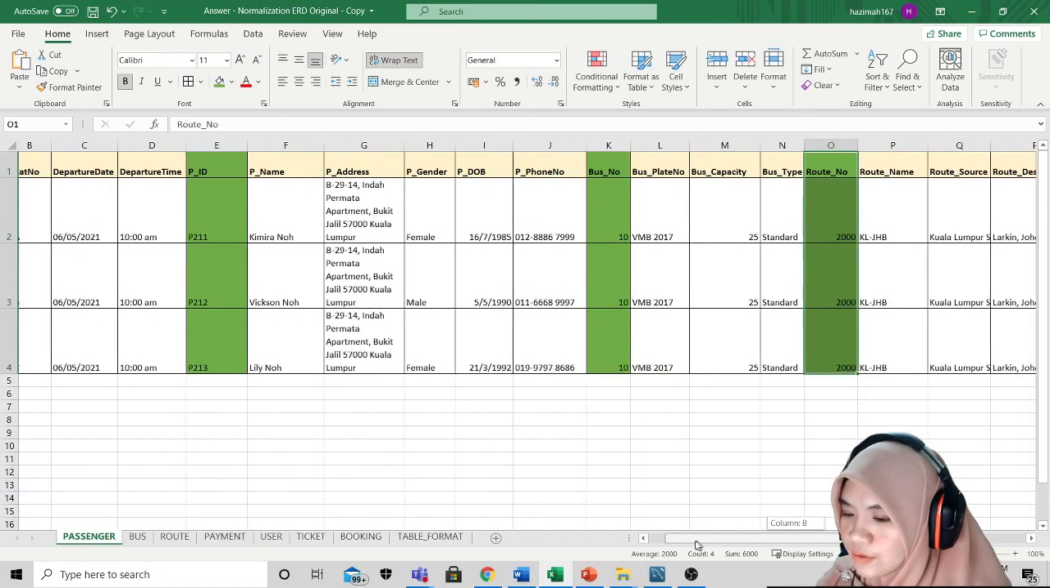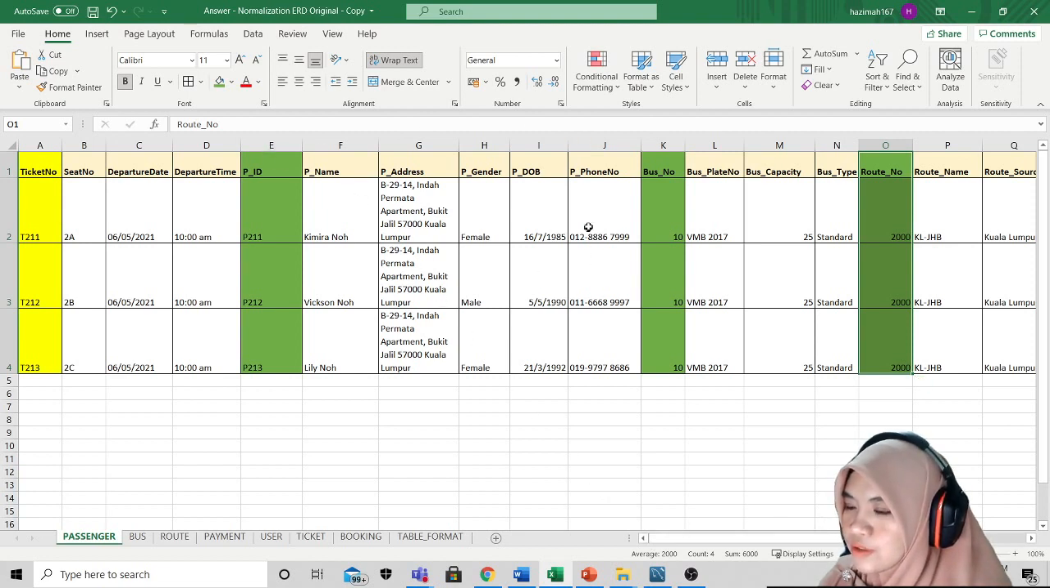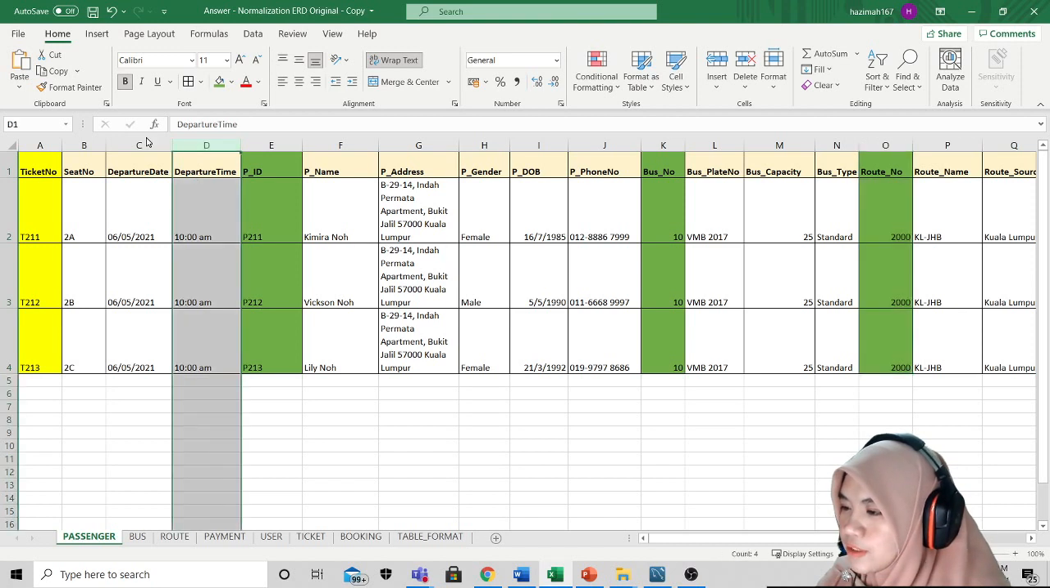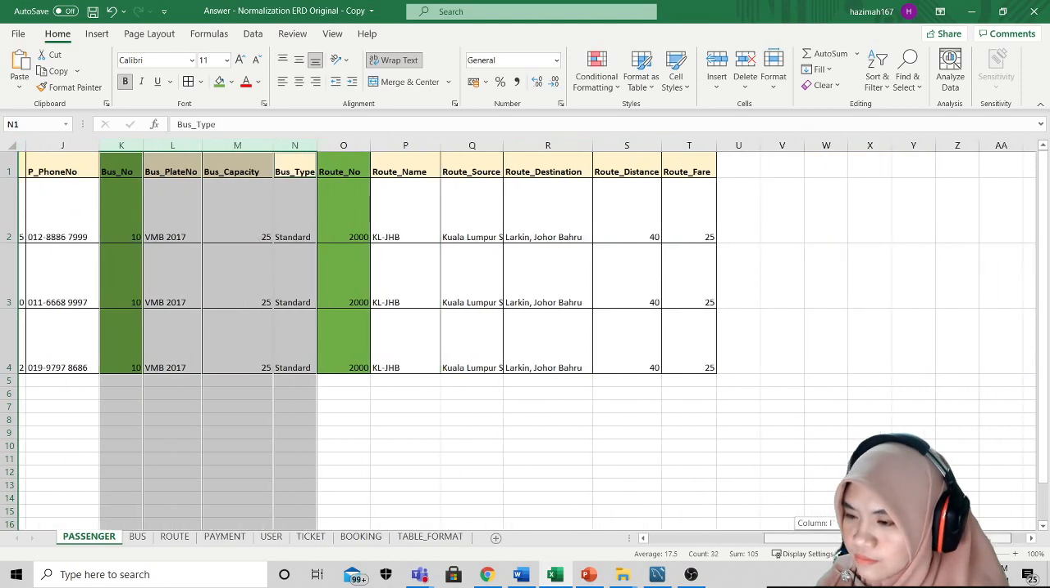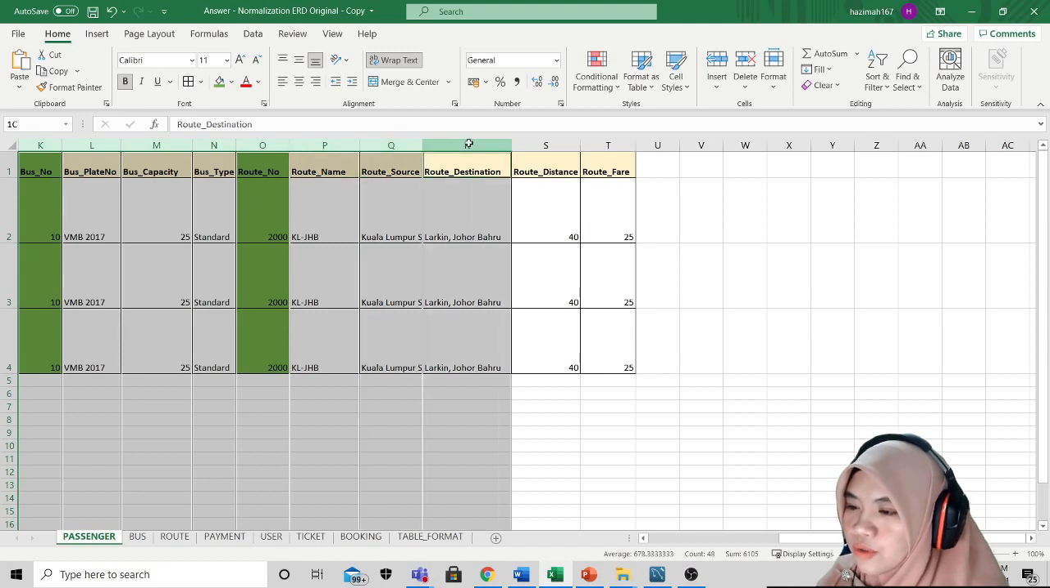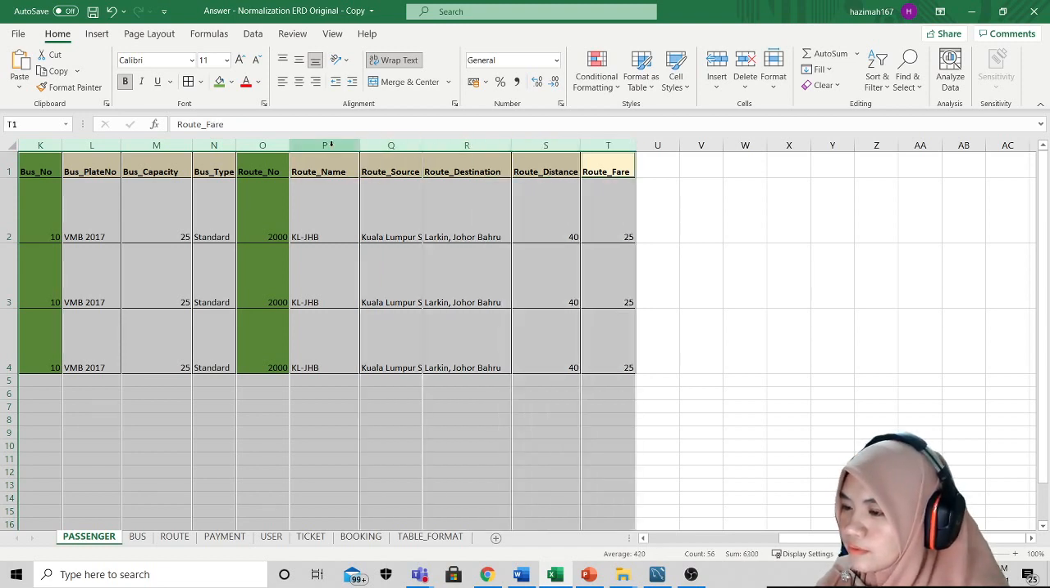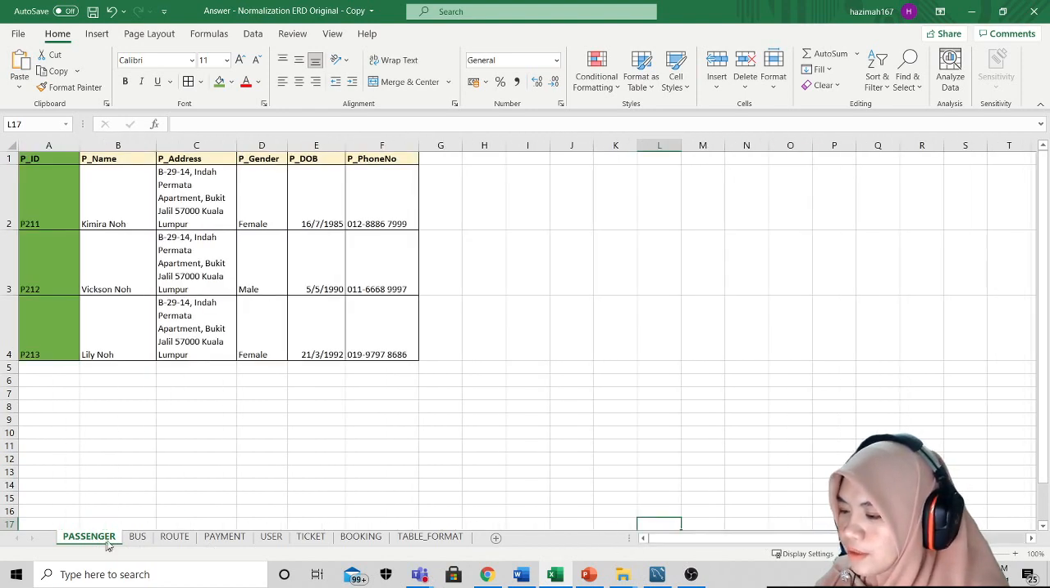So in passenger, we're going to take only the attributes that depend on passenger ID and eliminate the rest. Kita akan buang attribute-attribute yang lain. Alright, dan remain saja passenger related information sebab we are creating passenger table here. Like I said, nama yang dalam sheet ni adalah representing our table name. So bila kita buang the related non-prime attributes and put it in our passenger table,